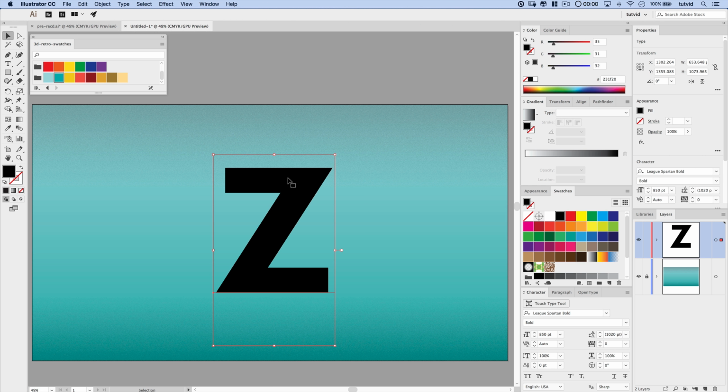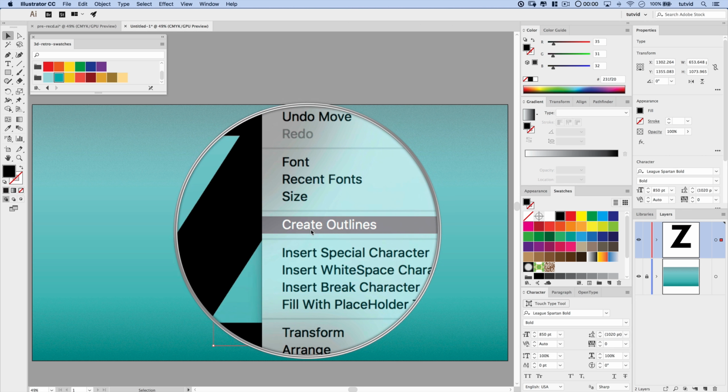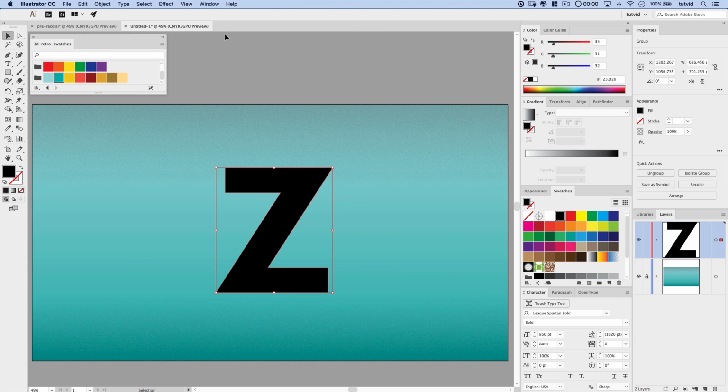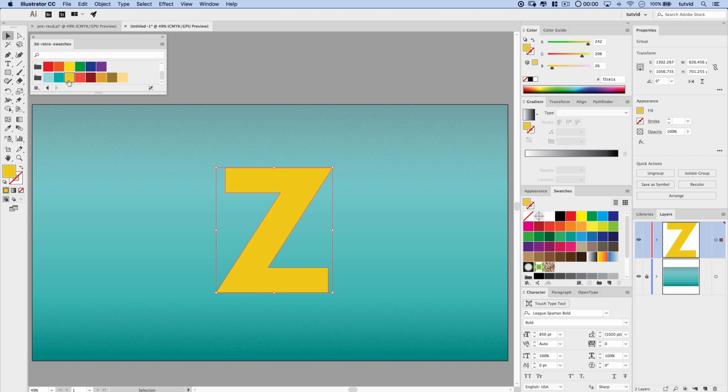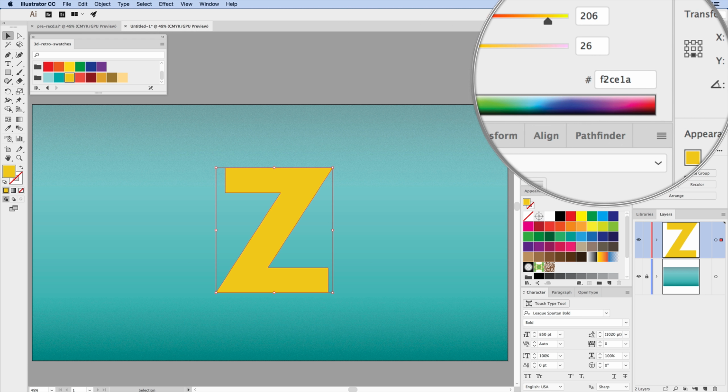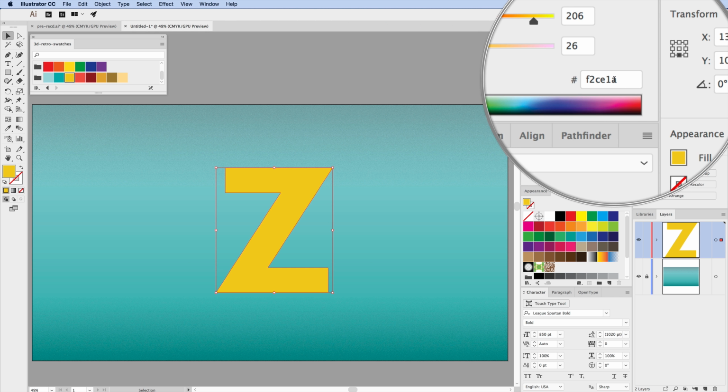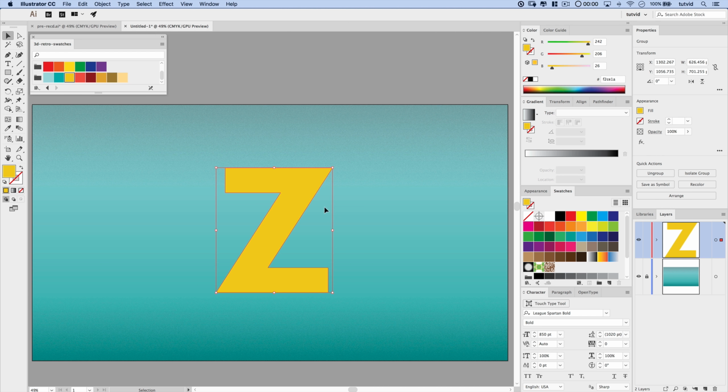But what I want to do first and foremost is select the type, right-click on it, and choose Create Outlines. And then I'm going to fill it with this yellow color in my swatches panel here. And you can see in our color panel, this is F2CE1A. Again, if you're following along,